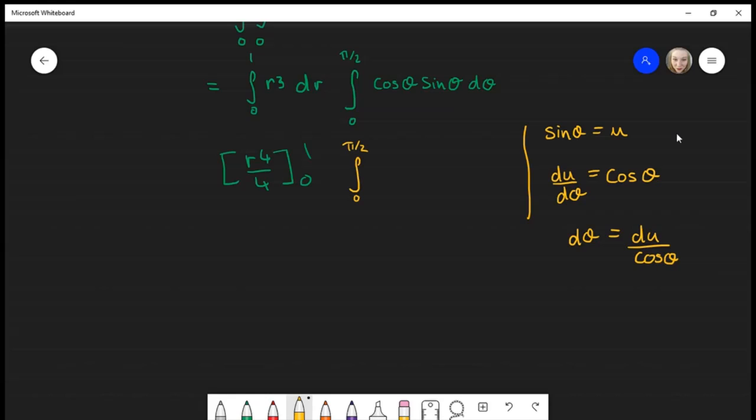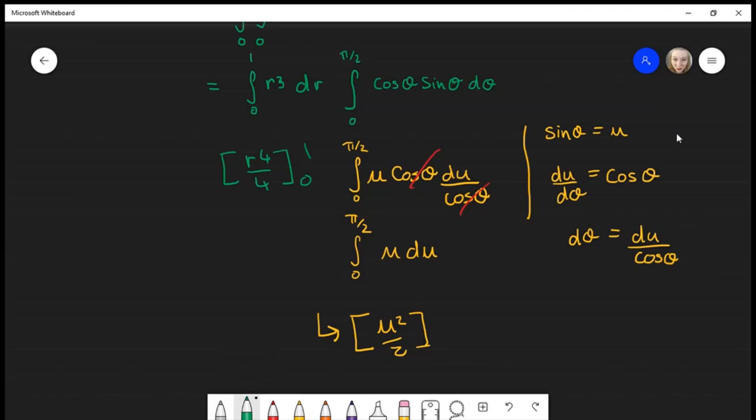Sine theta is u. We've still got the cos theta there. d theta is du over cos theta. The cos's cancel. Left with u du, which is nice to do. So it becomes u squared over 2. And then if we sub u back in,